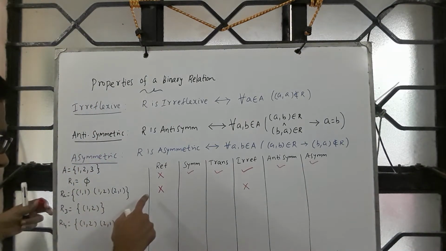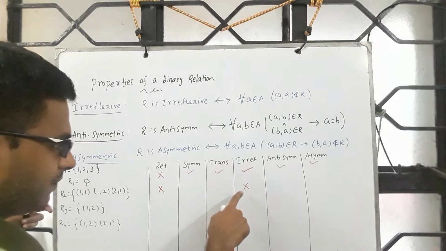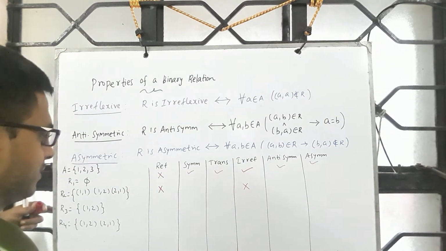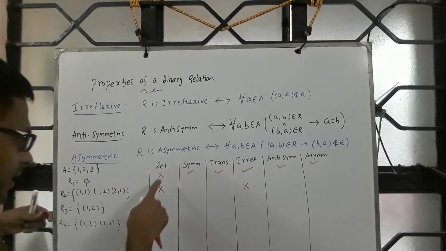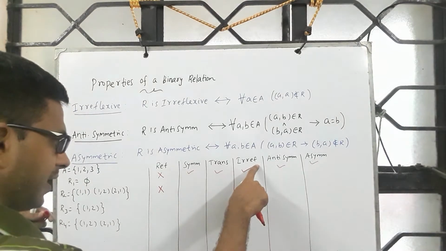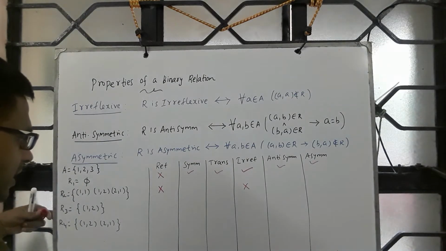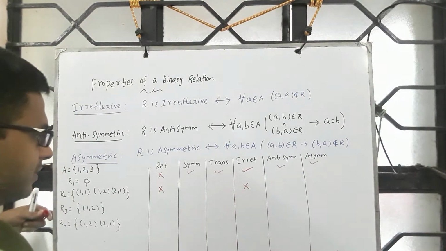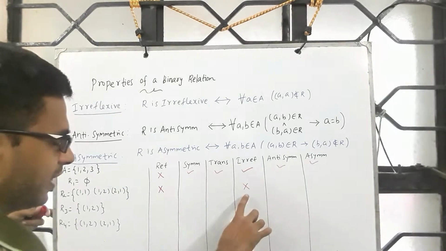Here is an example. This is not reflexive. Not reflexive does not imply irreflexive. This is not irreflexive, because both are with respect to a universal quantifier. This says for each A, (A, A) must be present. This says for each A, (A, A) should not be there in R. So not reflexive does not imply irreflexive. So when something is not reflexive, say it is not reflexive. Do not say irreflexive.